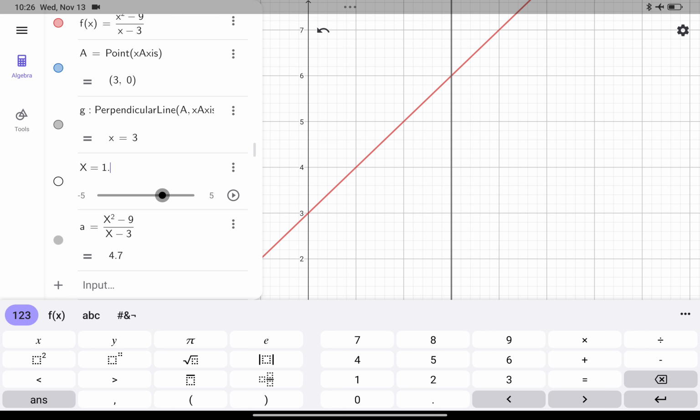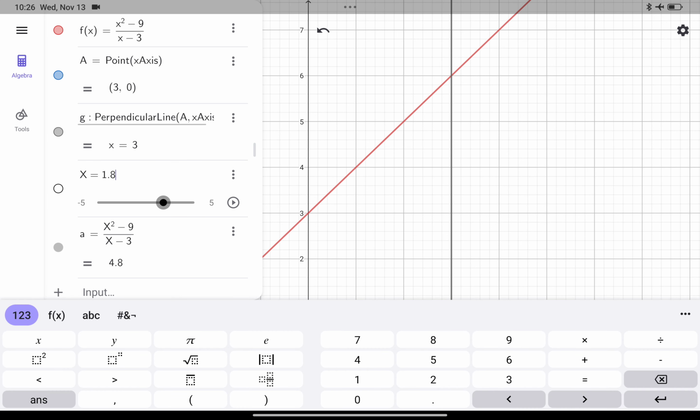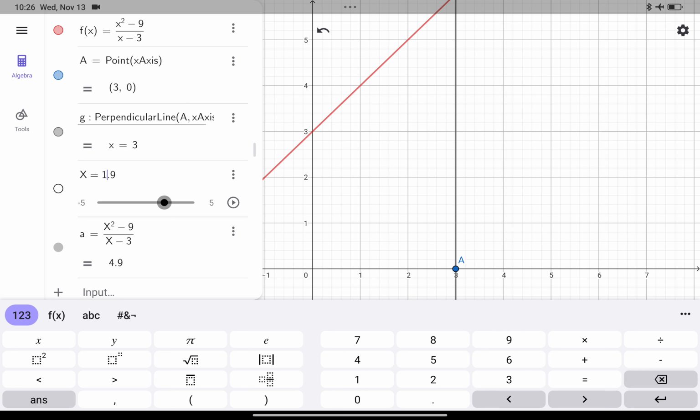You see the value is 4.7. I'm going to increase to 1.8, increase to 1.9, oops, sorry, that's too far, it's supposed to be 2.7, since we want to approach the value 3. Again, 2.8, 2.9, we get the value, you must notice,